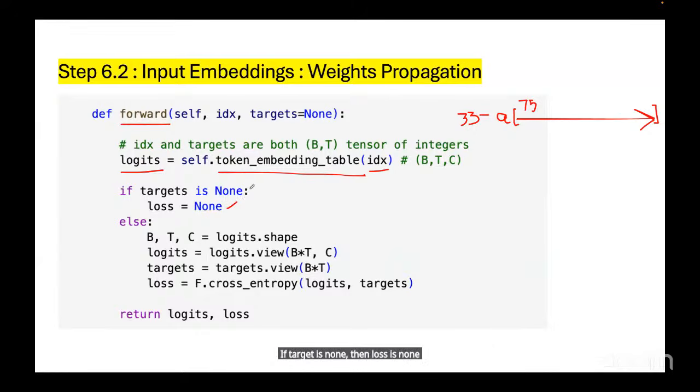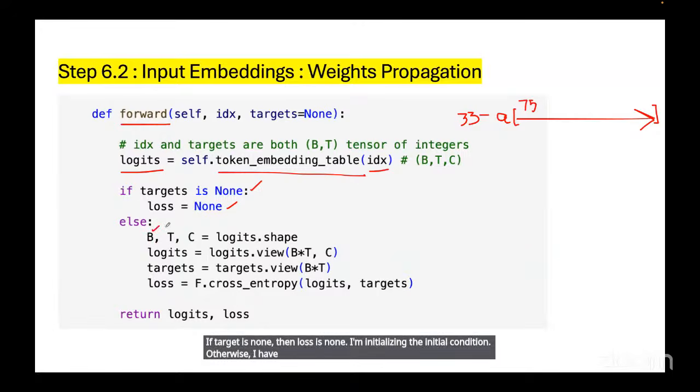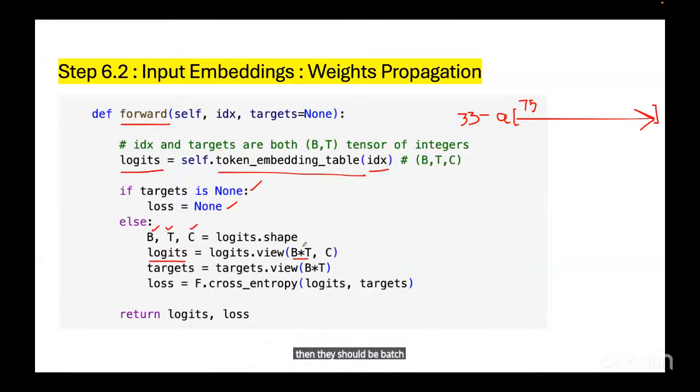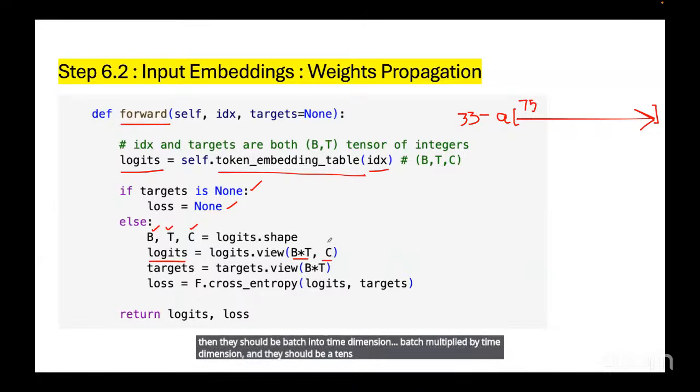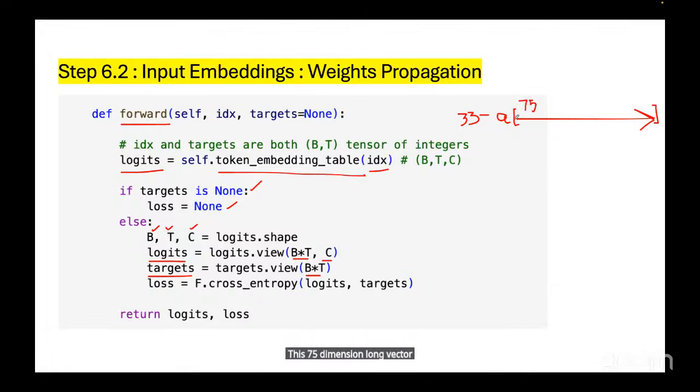I'm initializing the initial condition. Otherwise, I have this batch, time, and channel dimension, which is the shape of my logits. And these logits should be reshaped into batch multiplied by time dimension, and they should be a tensor with a channel dimension. And the targets will be just in batch and time dimension. So basically, after this 75 dimension long vector, my target is just B, which is this batch into time, which